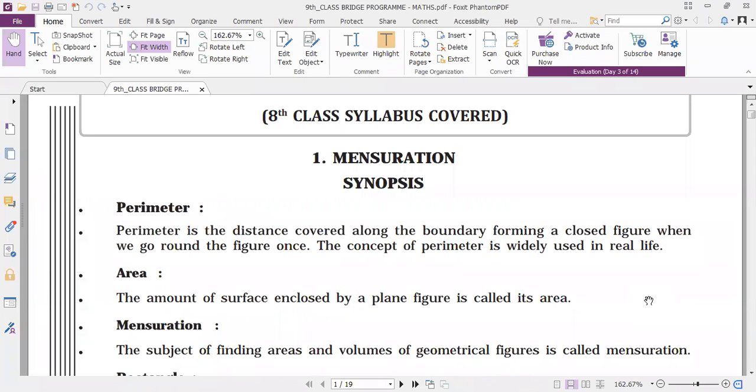What is the perimeter? Perimeter is the distance covered along the boundary, forming a closed figure when we go around the figure once. The concept of perimeter is widely used in real life. Perimeter. So next, the area: the amount of surface enclosed by a plane figure is called its area. So in the mensuration,